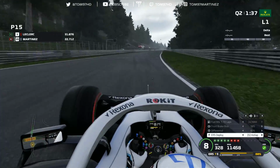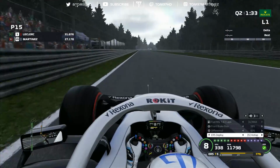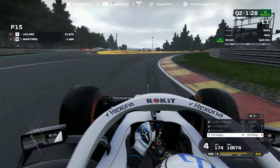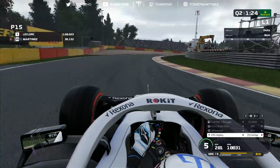And now open up DRS as we go through the back straight here on the Kemmel straight, and now looking for the 50-meter board as a reference into Les Combes. You're going to try and really push the limits here, tap the inside curve if possible. I ran a bit wide there, but as expected, we are fastest through the first sector, throwing the car through